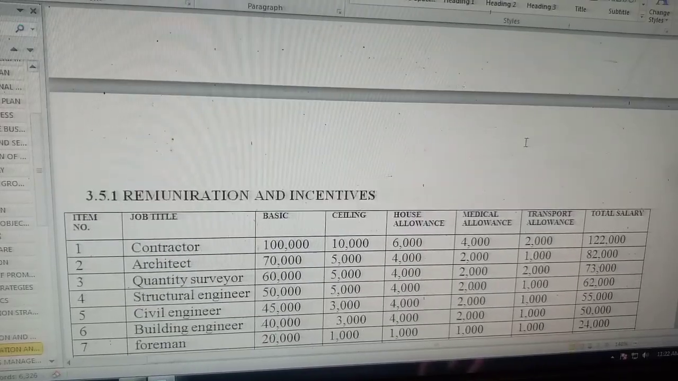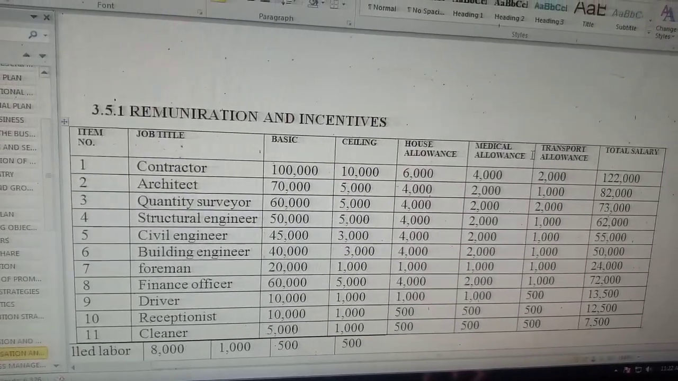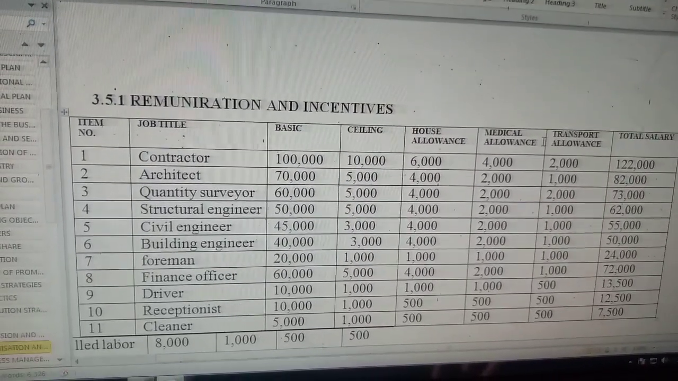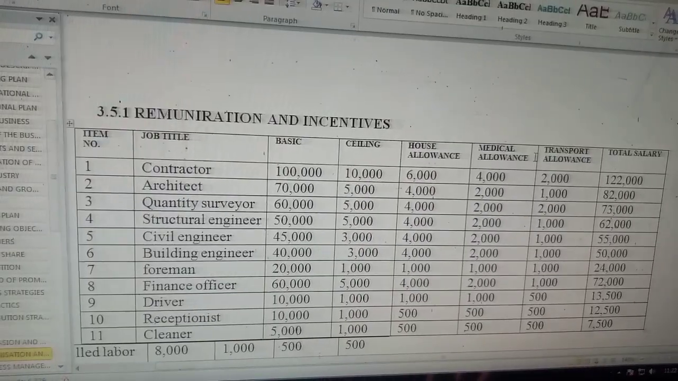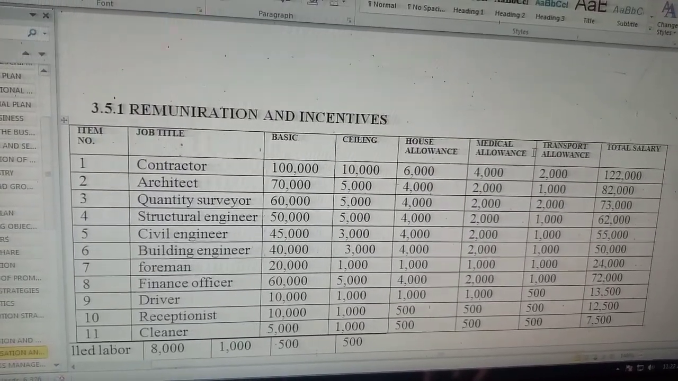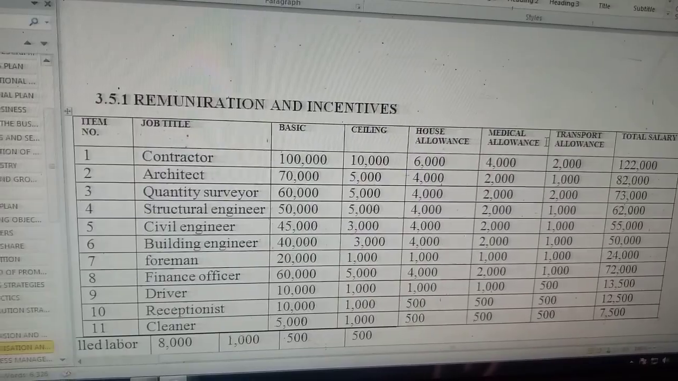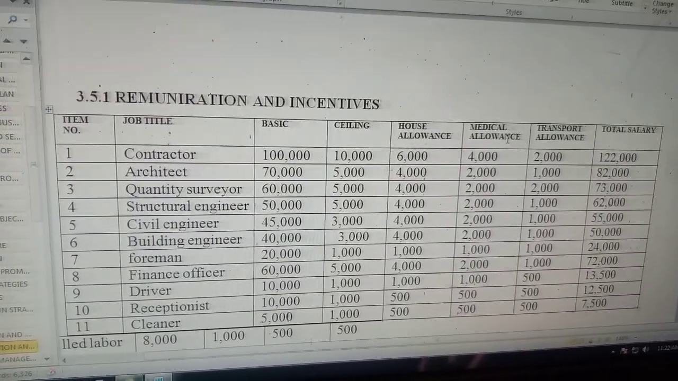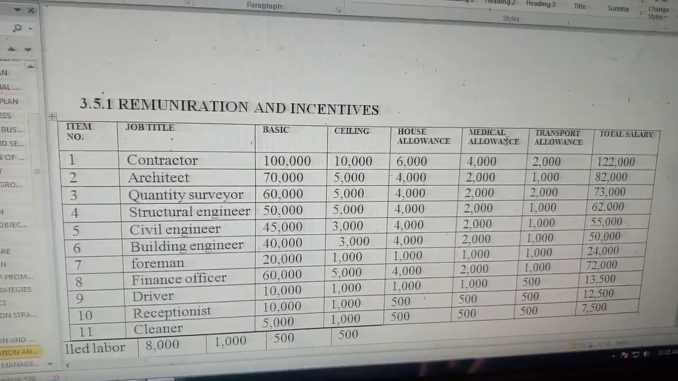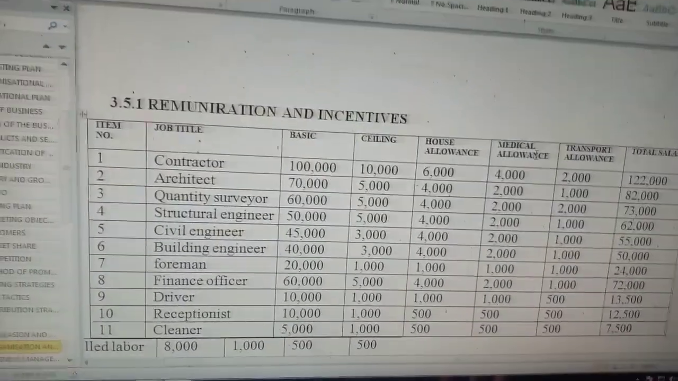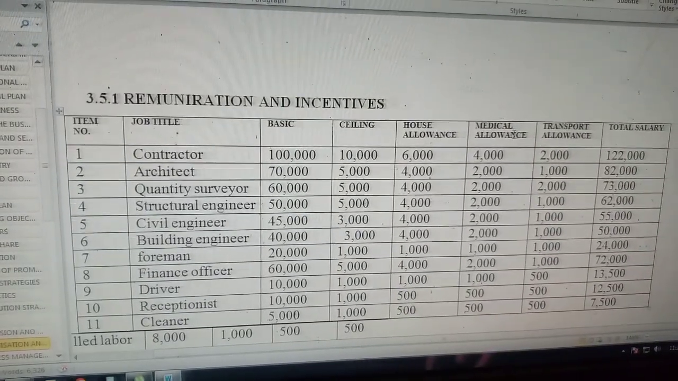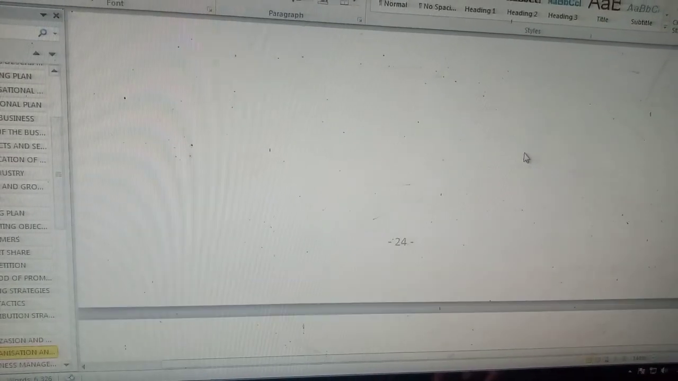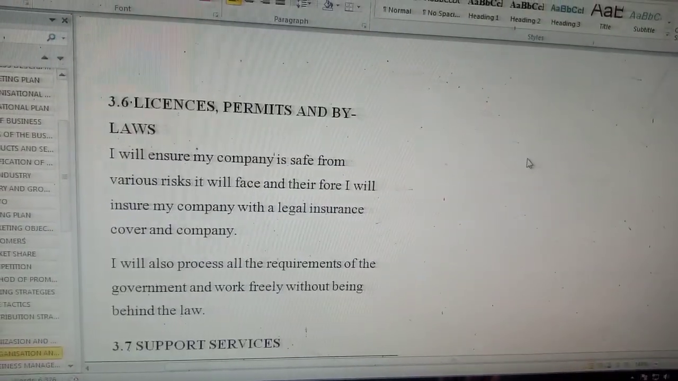Then in the same chapter 3, you'll have the remuneration and incentives. These are the payment schemes of your workers. You'll put, as the contractor in mine, the basic salary of the contractor, the ceiling, the house allowance, the medical allowance, and other allowances that your workers may have. Your allowances may not be the same as mine, because each and every organization has different payment schemes. So after listing down all those, you go to